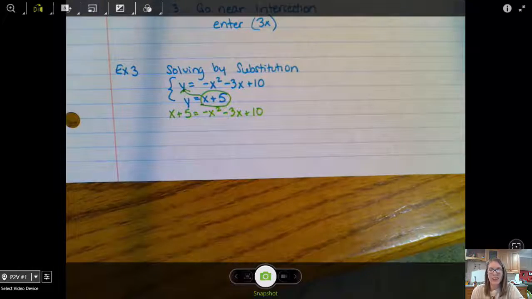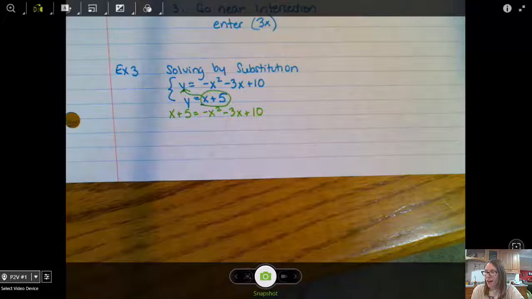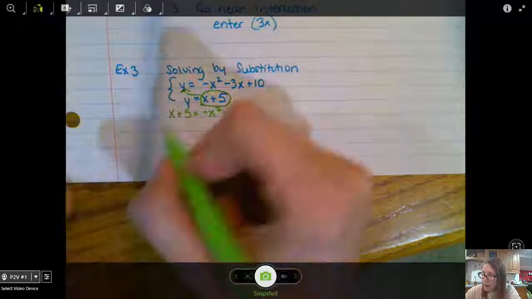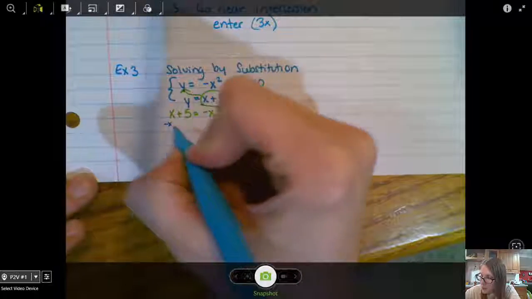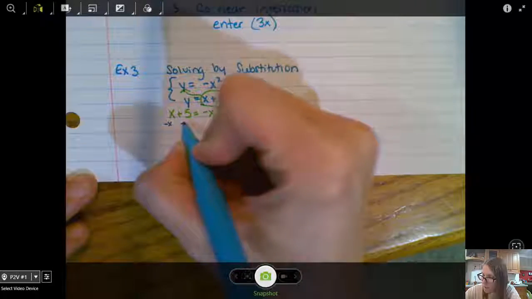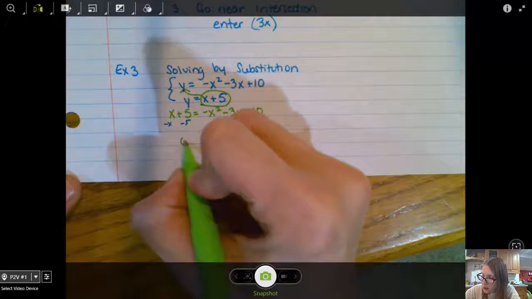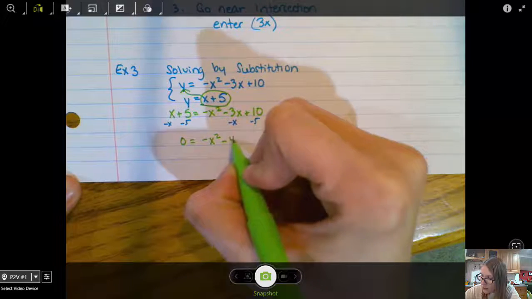And at this point you might think, oh, hey, this is a quadratic equation. Now all of a sudden I don't have y's here. This again gives us a quadratic equation that now we have all of these strategies that we can use to solve. So let's make our equation equal 0. Subtract x from both sides. Subtract 5 from both sides. And that gives me 0 equals negative x squared minus 4x